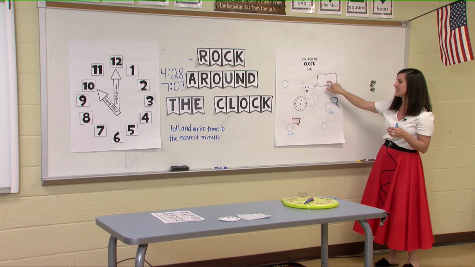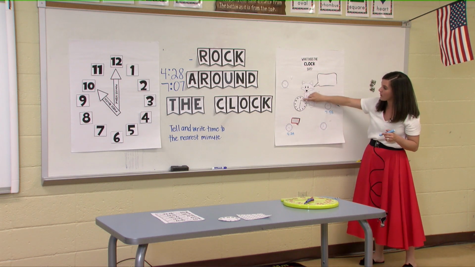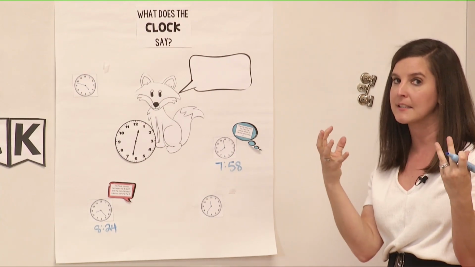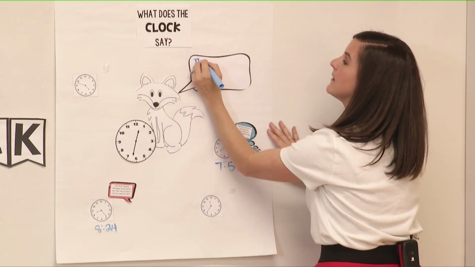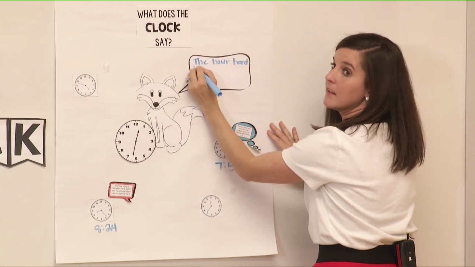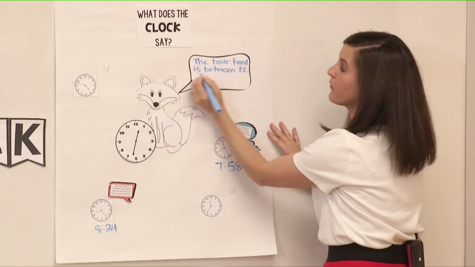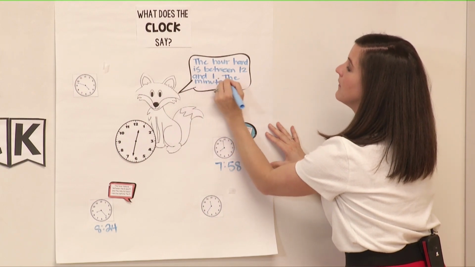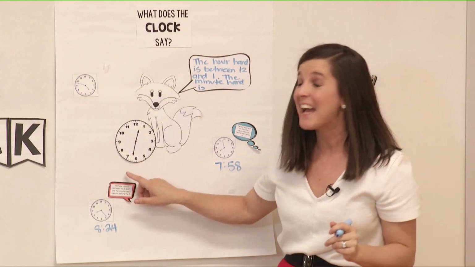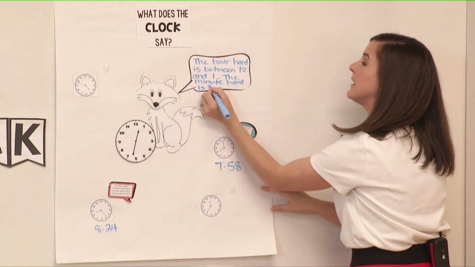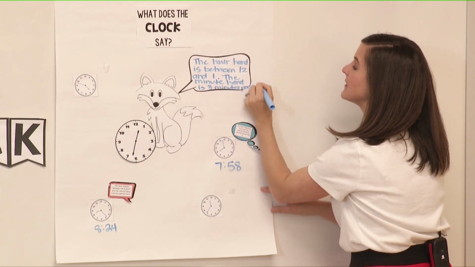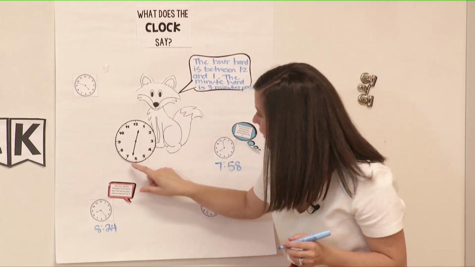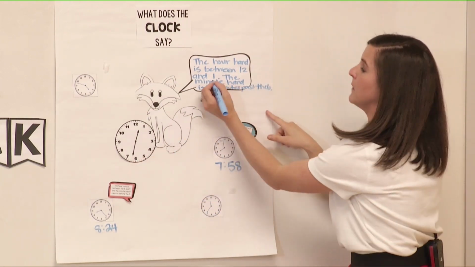We're going to give the same kind of clues we just saw on these with this larger clock right here. So this larger clock has our hour hand between the 12 and the 1, and our minute hand between the 6 and the 7, right? So if we were giving hints about what our clock says to someone, we would say the hour hand is between 12 and 1. The minute hand is, we need to be exact, okay? So it's 1, 2, 3 minutes past the 6. Or we could have said 1, 2, okay, yeah. No, wait, looking at this more accurately, it should be 2 minutes past the 6